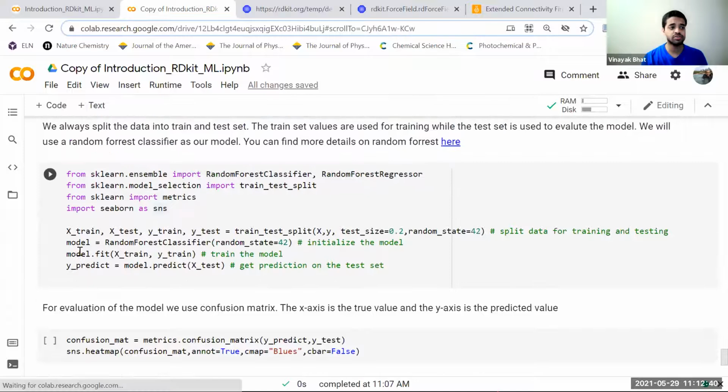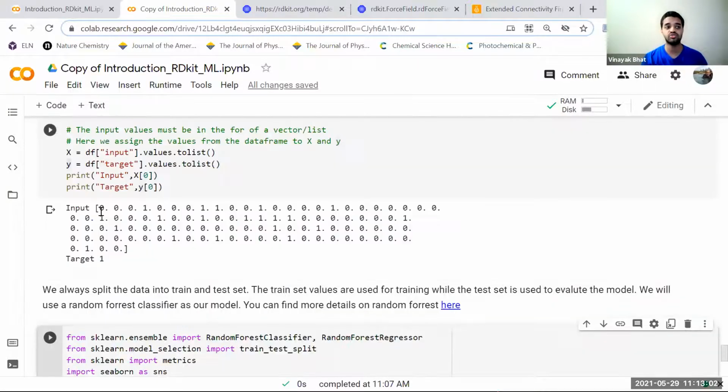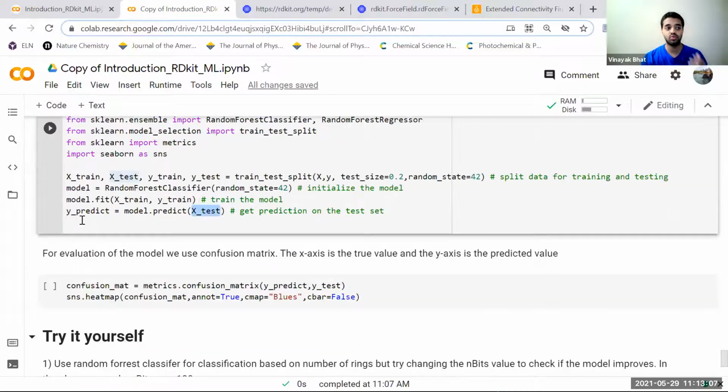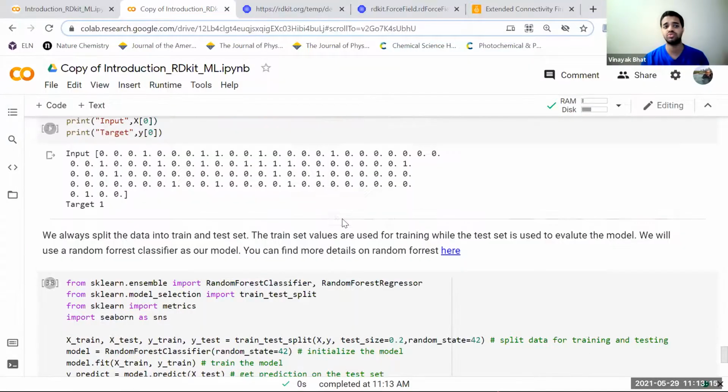So coming back to this, initialize the model and then pass in the X train and Y train to train the model. Once the model is trained, we'll say model.predict and X test. These Y predict are the values that the model predicted given the X test values, and X test values look like this. So it is trying to predict this one now. Y predict will be those values that it predicts. So when we run this, I think it's pretty quick because we have a small data set.